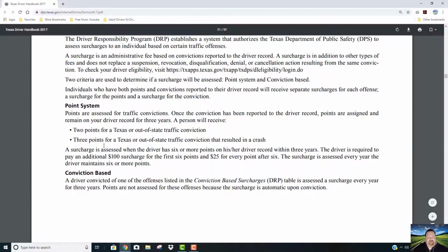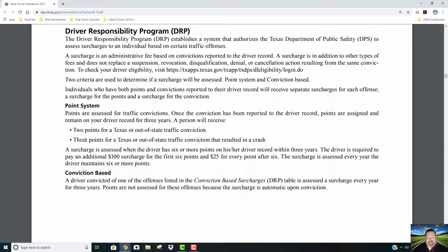Okay, 3 points for a Texas or out-of-state traffic conviction that resulted in a crash. So if you ran a stop sign and it also resulted in a crash, you're going to find yourself with 3 points. Okay, a surcharge is assessed when the driver has 6 or more points on his or her record